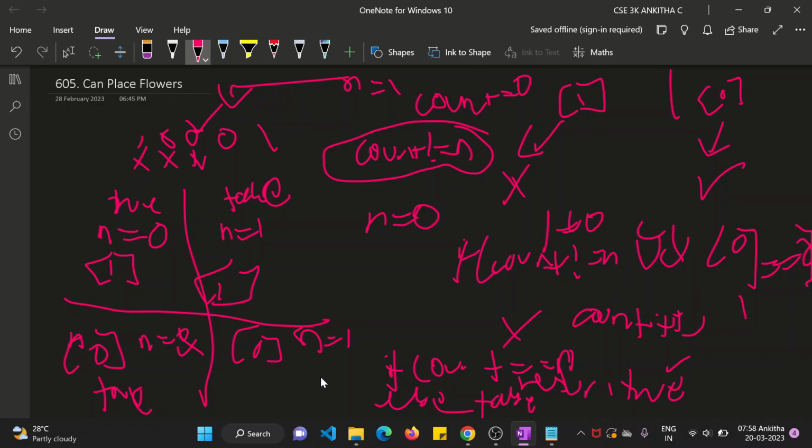So yes, you are able to plant a flower in the flower bed. Hence count equal to n, 1 equal to n. Yes, it is true. It will return. So this is one case to handle in the question. So the other case will be,